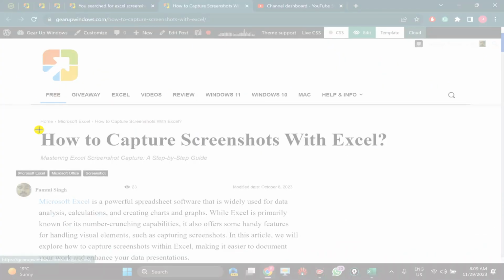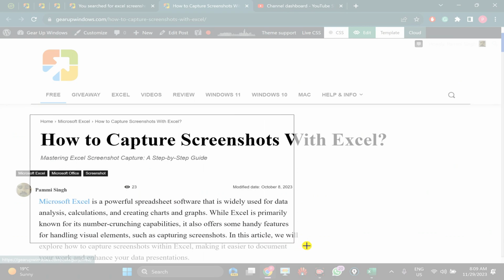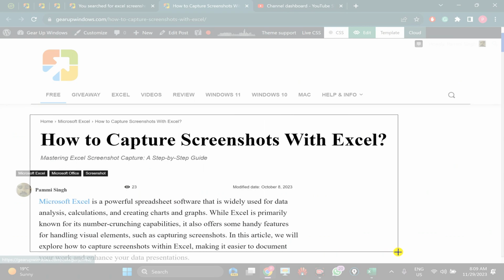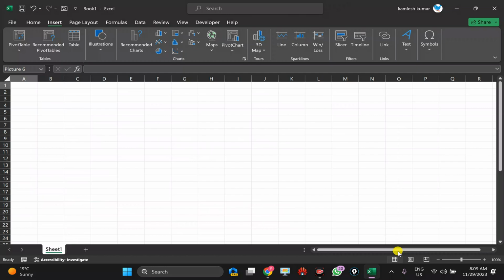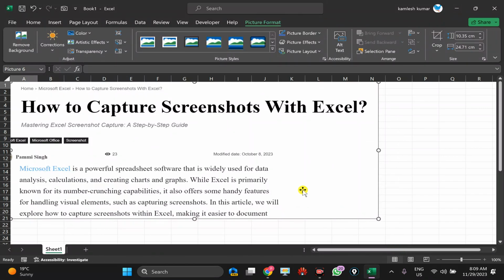Now you can select a portion of the window by pressing the left mouse button and dragging on the screen. When you are done, just release the mouse button and the desired portion of that window will be automatically captured and inserted into your Excel worksheet.